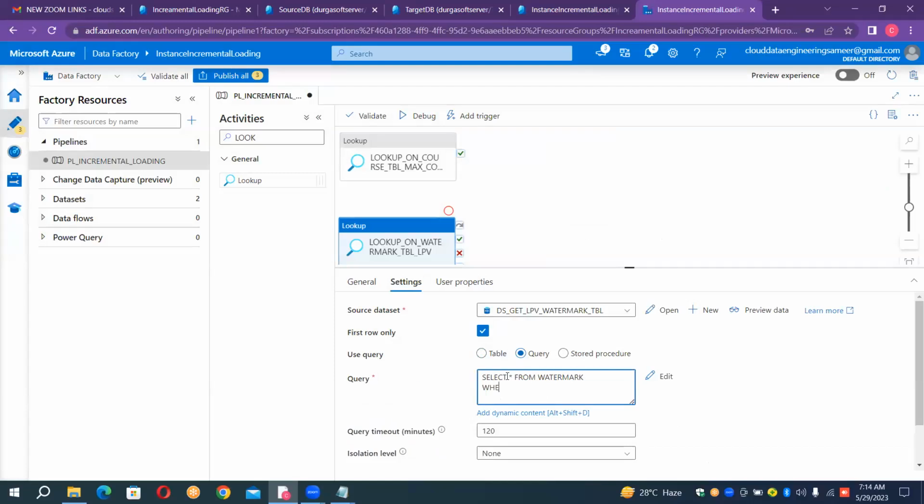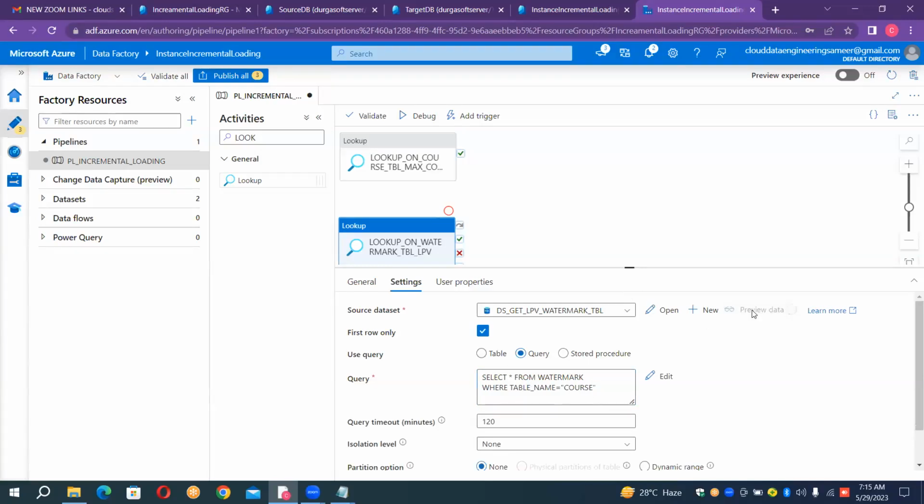where table underscore name is equal to course. That's it. Okay, you can write it like this. See, is it working or not? Preview it. No. Why? Because